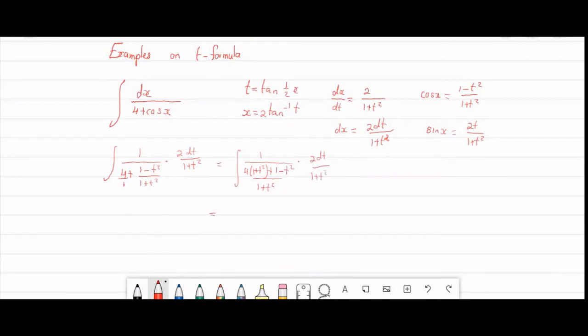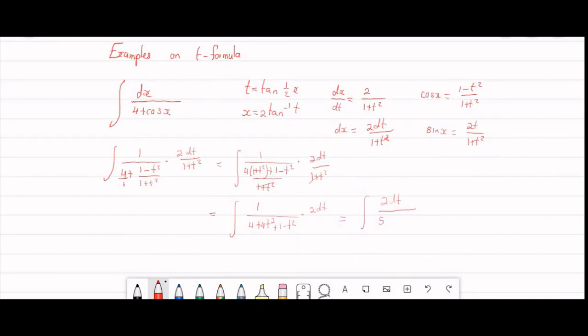Simplifying, this cancels this, so we have the integral of 1 over 4 multiplied by 1, which is 4 plus 4t squared plus 1 minus t squared, multiplied by 2 dt, which is equal to the integral of 2 dt over